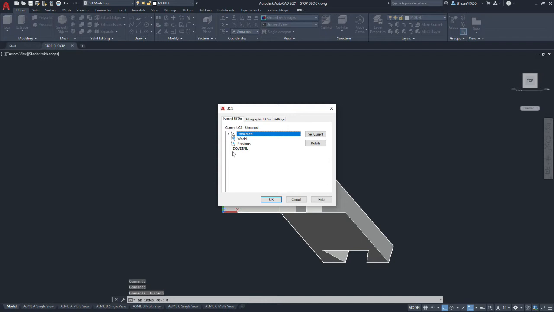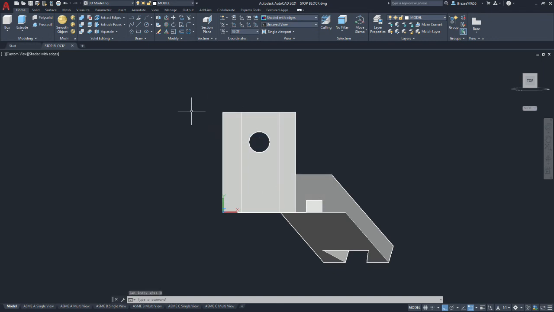We want to go ahead and save this UCS, so we're going to call this one slot. Accept that name, set as current, and hit OK. So now we're looking at the view UCS.